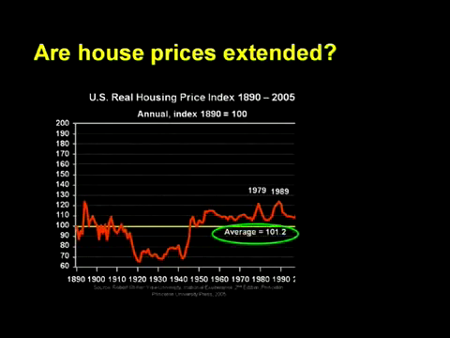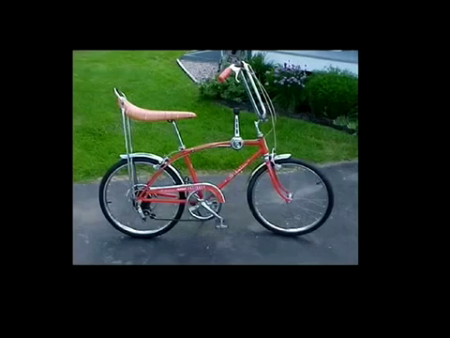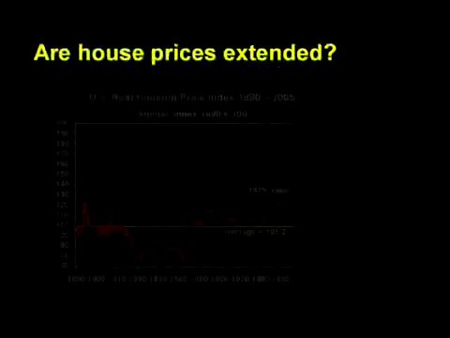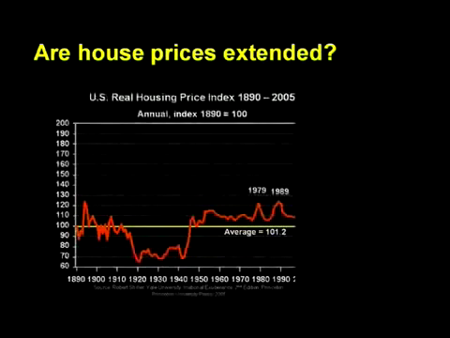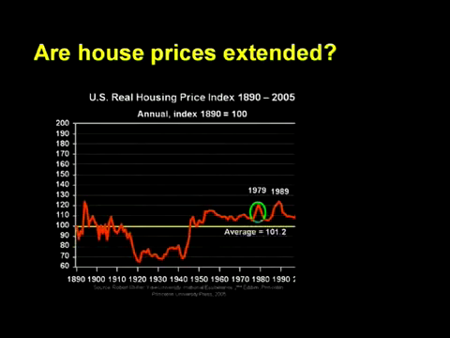Over this entire 118-year period, house prices averaged 101.2, meaning that inflation-adjusted house prices are roughly comparable across this entire sweep of history. See this little bump right here? That was a property bubble that I still remember clearly because it impacted the Northeast where I lived at the time, and I got to ride my bike through abandoned construction projects, which was great fun. Notice that this property bubble returned to baseline in a fairly symmetrical fashion, as did the property bubble of 1989.